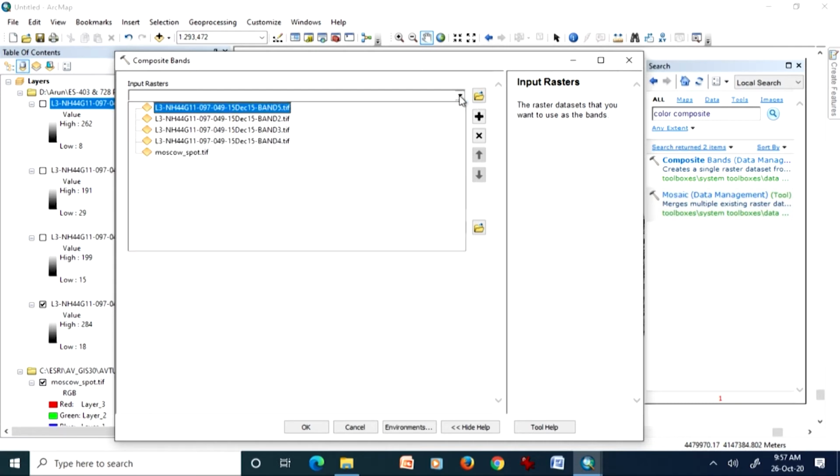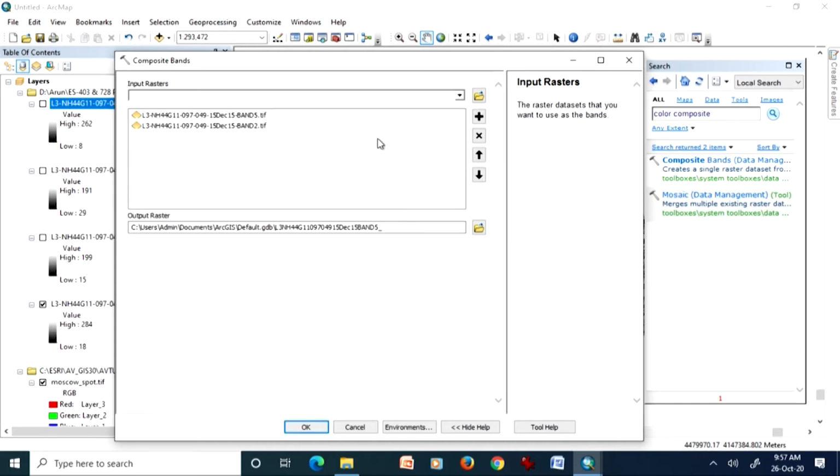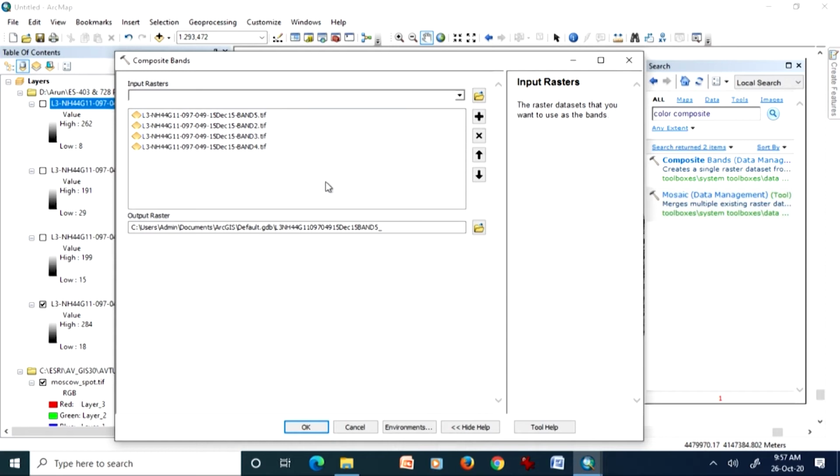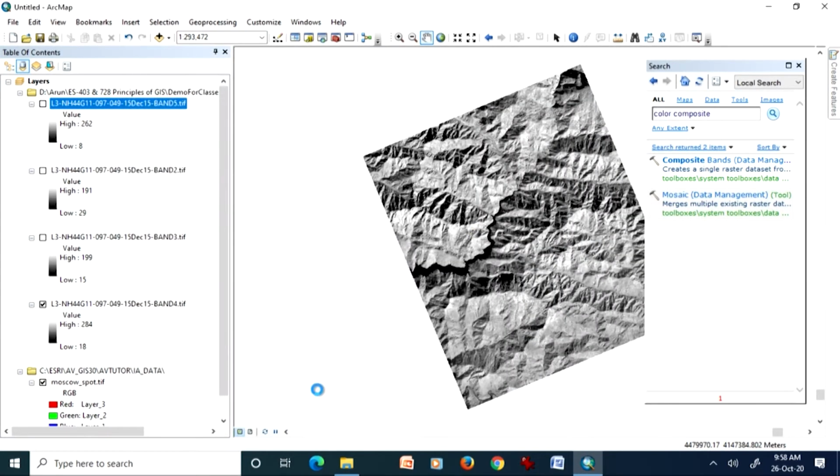Likewise, I will add the next one and then the next. All 4 have been added, and now we have to provide where it will be stored. So, let me accept whatever location it is showing, and it might take some time to create a false color composite, because it has to combine all 4 bands.